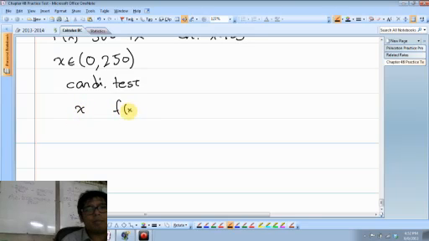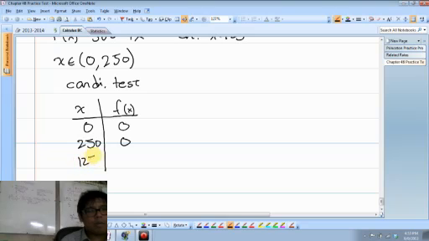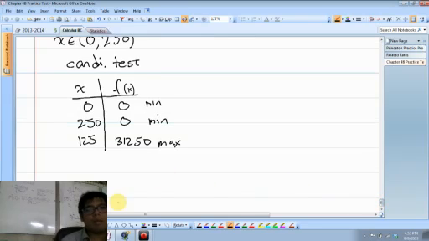X, f of x. If x is 0, the function gives me 0. If x is 250, the area function gives me 0. And if x is 125, the area function gives me 31,250. So these are mins. This is max. And we can say maximum area